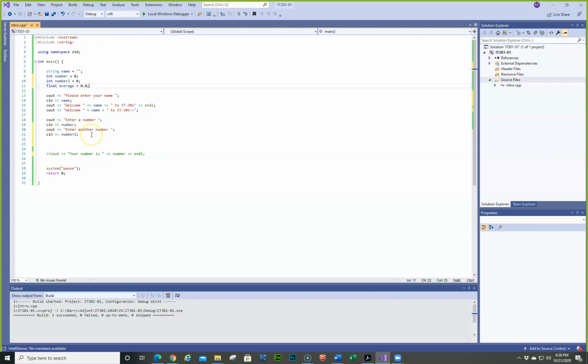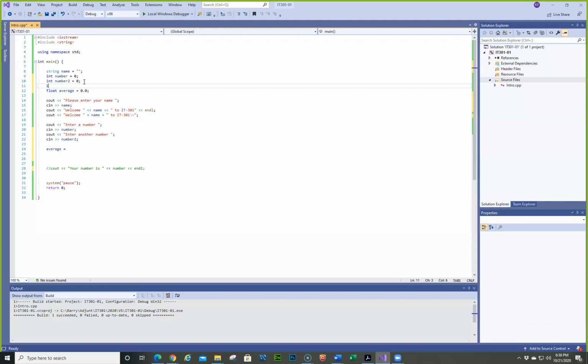So let's go in here and calculate the average. So we got two numbers. So we need to get the total of the two numbers. So we're going to create another integer, which equals 0. And we're going to create the total equals,